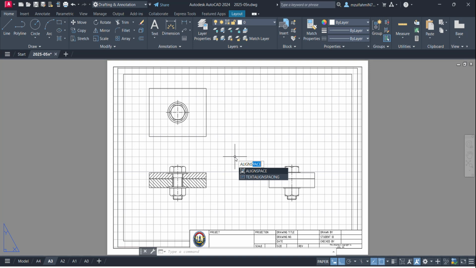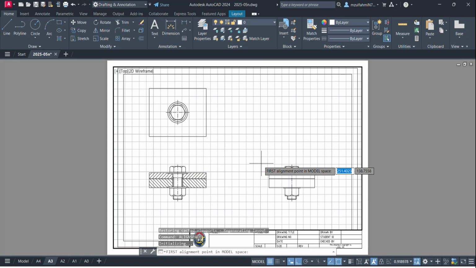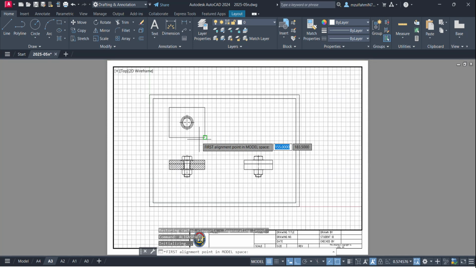This is the command. If you want to do the space alignment between model and paper, you do the align space, and then if you click the align space, the computer will ask you